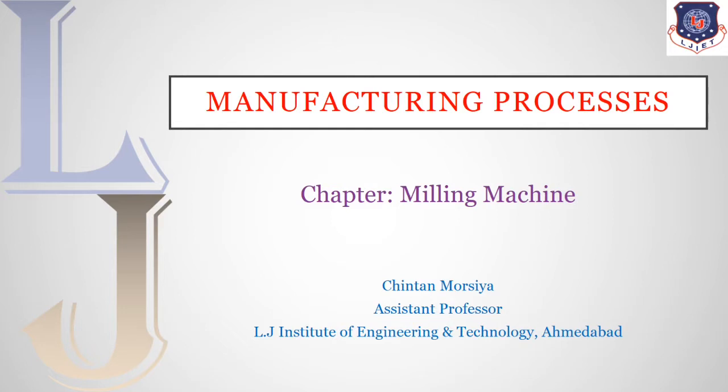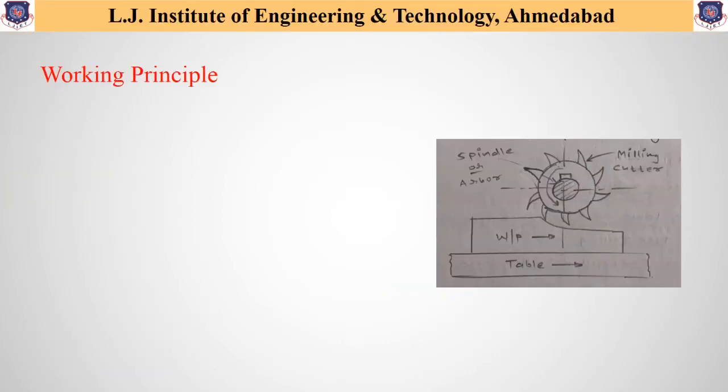So first of all, let us understand what is the meaning of milling. As seen from this figure, one can say that in this process one revolving cutter is available, and this revolving cutter helps to remove the material from the workpiece. And as we have discussed in our previous lectures, for any machinery to work properly, mainly two motions are required. First one is the primary motion and another one is the secondary motion, or it may be called as the feed motion.